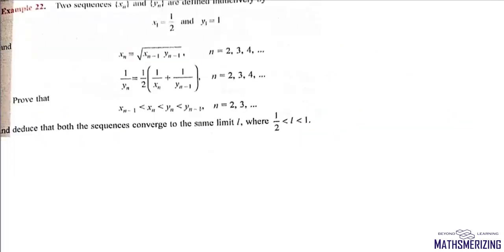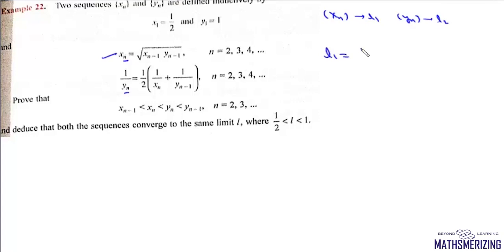Now both the sequences xn and yn are bounded and they are monotonic. Thus both the sequences will converge. Suppose sequence xn converges to L1 and sequence yn converges to L2, and from here we can write